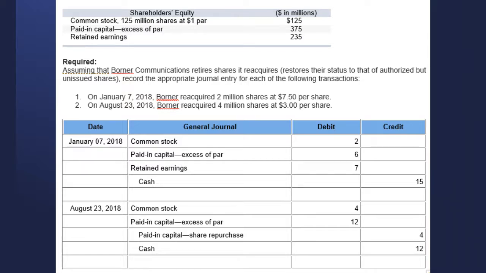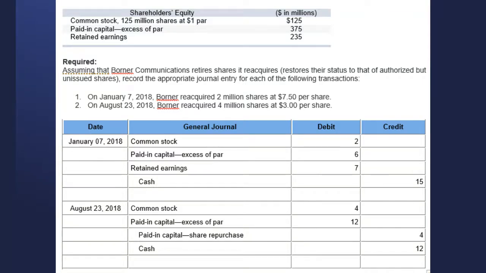So we're backing out the original impact. We debit common stock for 4, the par value. We debit the paid in capital, the PISIP account, for 12, the amount on average that it originally contributed to our paid in capital. Now, our cash. Our cash is $3. Notice that's lower than what the investor originally paid. So our cash is coming out at 12. So since we paid less,